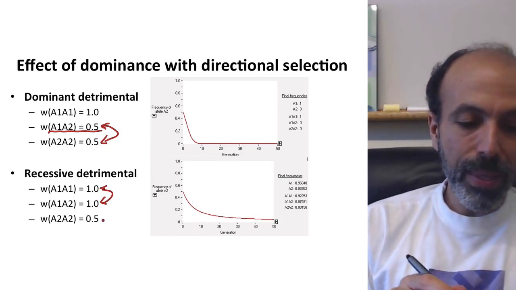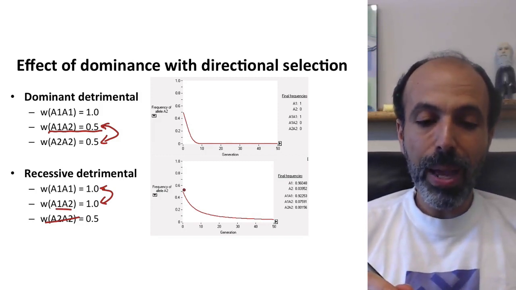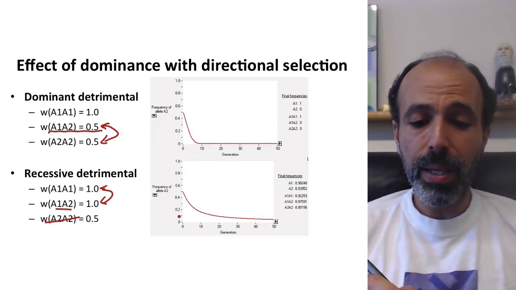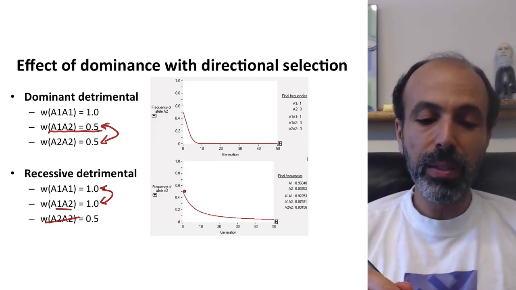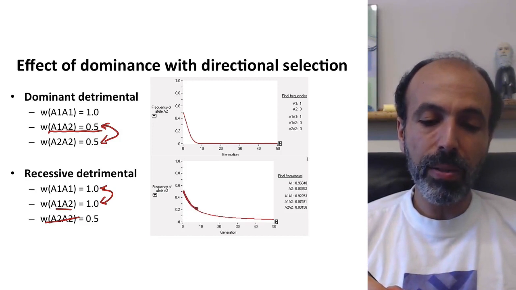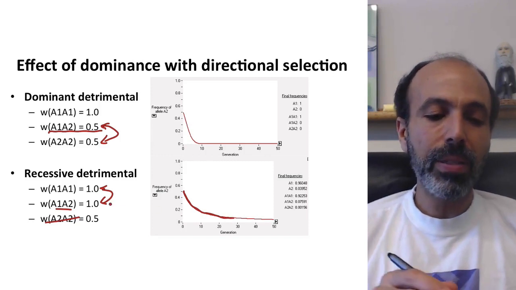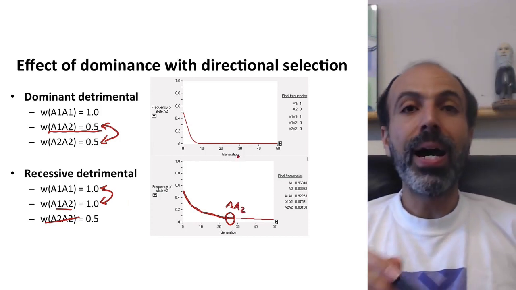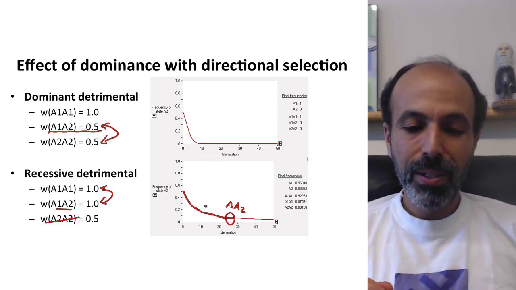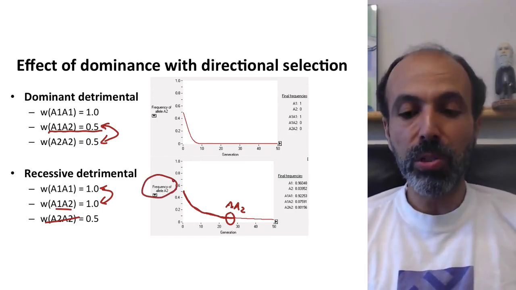So you can eliminate these pretty readily from the population, but these are perfectly okay. As you can see what happens here, if you look at the change over time, the x-axis here is time in generations. The y-axis is the frequency of the A2 allele. You see the A2 allele is going down in frequency, but it's going down somewhat gradually as it gets near the end, because a lot of these individuals, when you're down here, a lot of the A2s are hiding as A1, A2. Whereas over here, none of them can hide. They're immediately exposed to selection. Boom. Whereas here, the A2s can stick around, and therefore you maintain some A2 in the population over a fairly